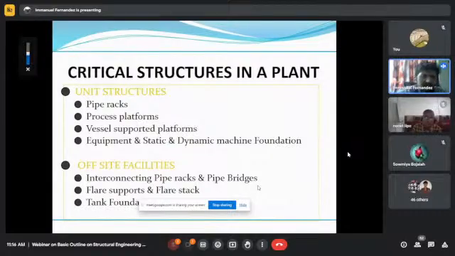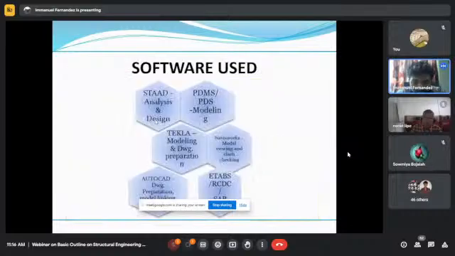There are various structures like pipe rack, process platform, vessel supporting platforms, equipment, and static and dynamic machine foundations. Don't worry, I will show you the pictures of all these. So I'm just giving the names, or I'll just skip this slide also. Now, I'm not going to go in depth into the technical or the design. I'm just going to give you a broader view so that you don't get bored. I will tell you what is happening in the industry